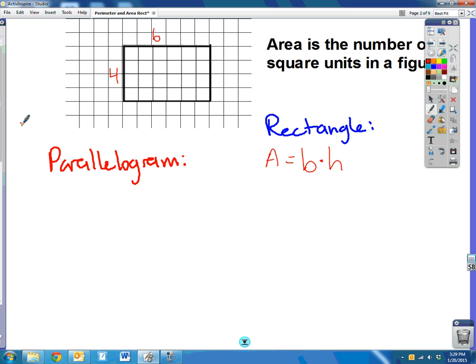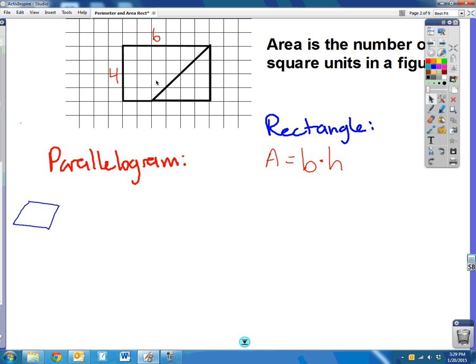Now, a parallelogram. A parallelogram is kind of like a rectangle that's fallen on its side. It's going to look something like that. And so a parallelogram has 2 opposite sides that are parallel. Both sets of opposite sides are parallel. And if we take this rectangle that I have here, and I cut part of it off, okay, you'll notice